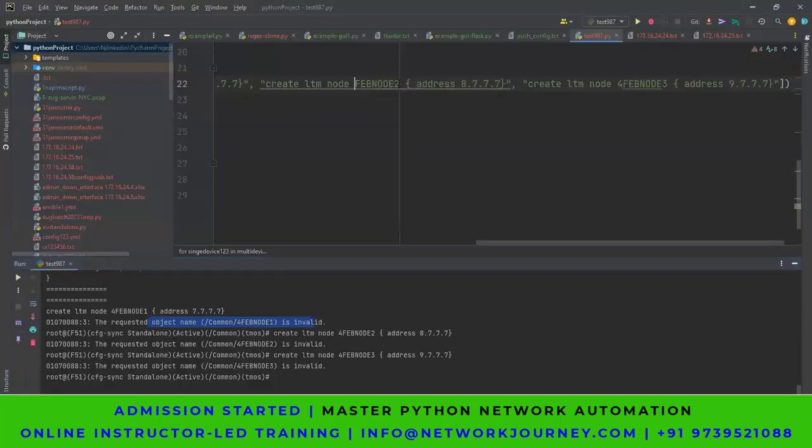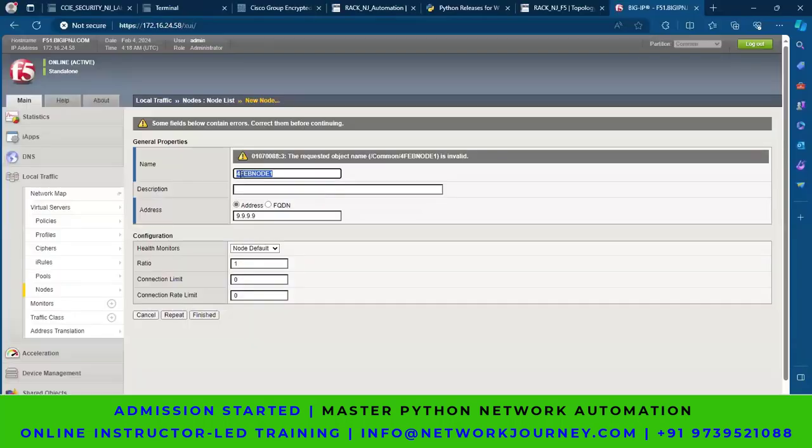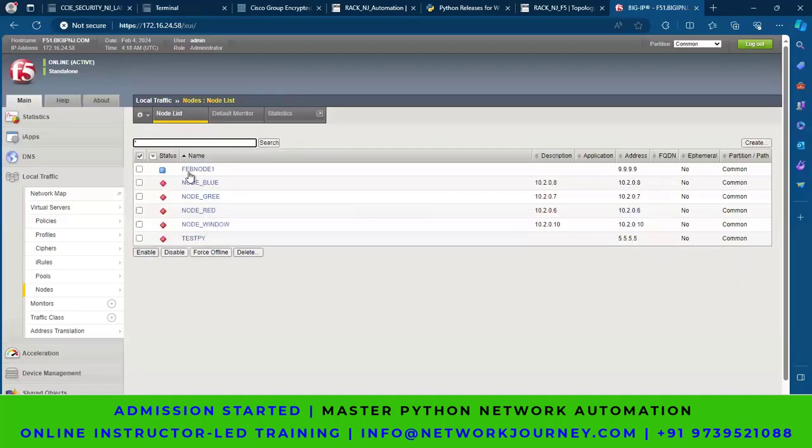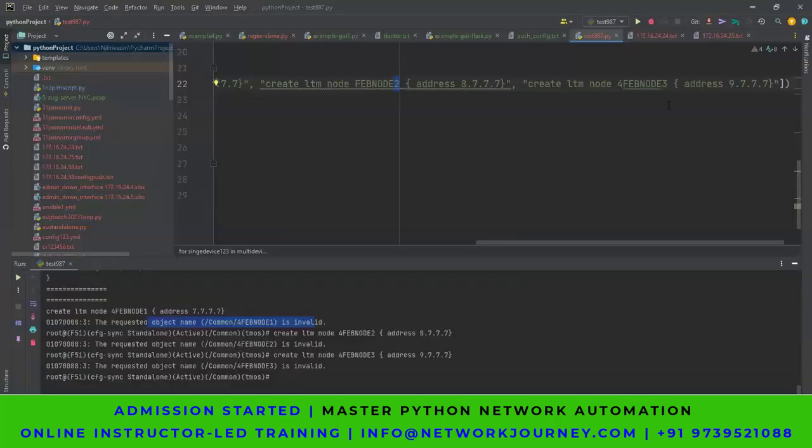So let's say feb node, we should take a number at least at the end of it, if not at the starting. So if I try here, finish, yeah, it will take it in the end, but not in the beginning of this. So just let me remove all those four numericals from it, and the rest should work